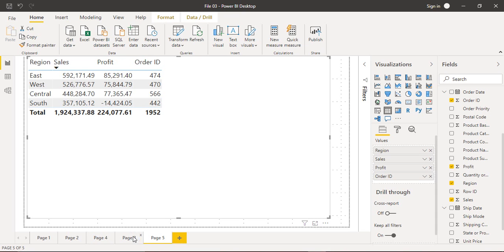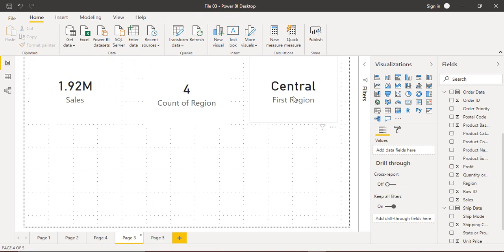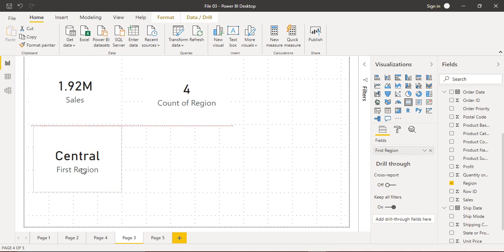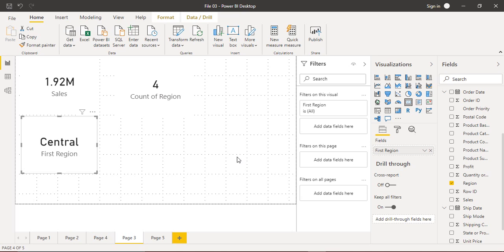Let's go back to this cards page where we have got the central region. Now we want to show the region with the maximum number of sales. What we can do for that purpose is first drag this card over here. Now when this card is selected, make sure that you expand this filters pane. Now what does this filters pane do? It accepts the different types of filters that could be applied over the different cards.